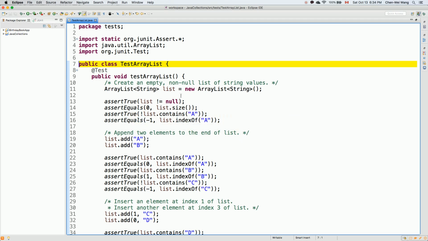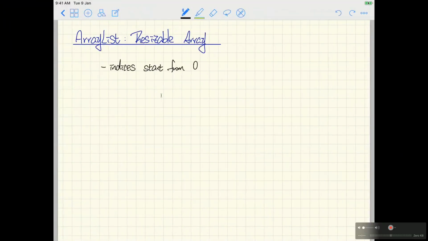Basically, I'm going to go through several basic usages of the ArrayList to give you a feel. And the way I'm going to do this is, in parallel, I'm going to show you how to execute the ArrayList tester line by line. So this is a JUnit test that I'm going to show you, with various assertions to tell you how exactly the ArrayList is supposed to behave at runtime. I'm going to execute line by line using the debugger feature of Eclipse. At the same time, I'm going to show you conceptually how you can think of how the ArrayList works at runtime. So hopefully that will give you sufficient background in order to make other advanced usages of the ArrayList